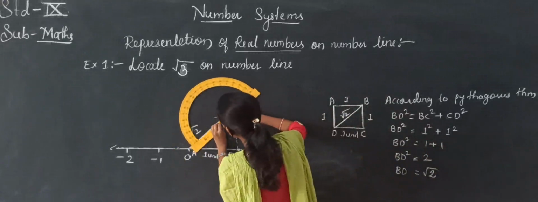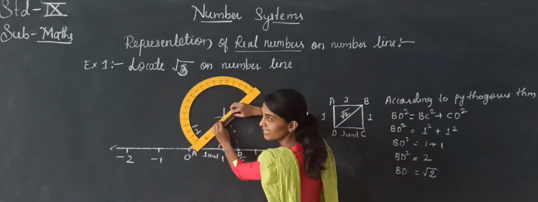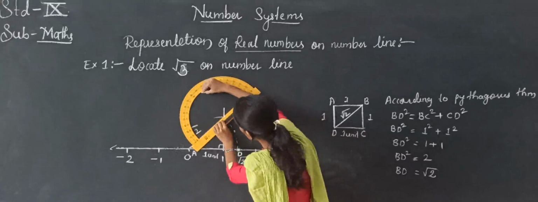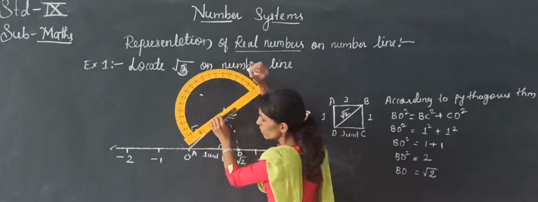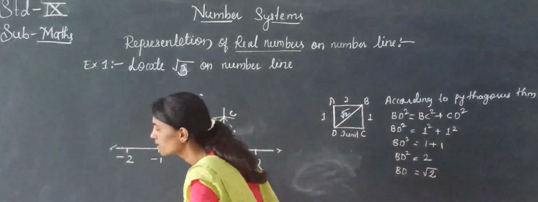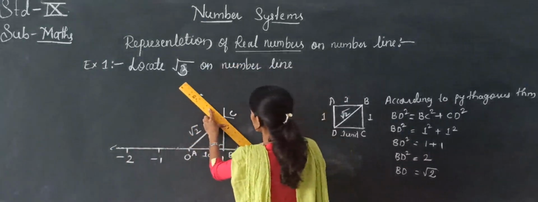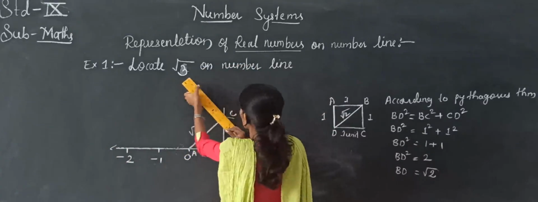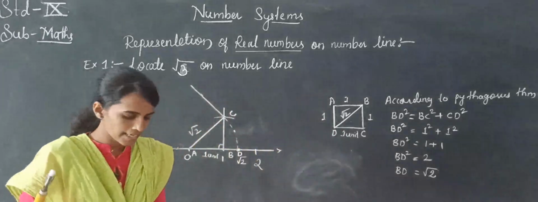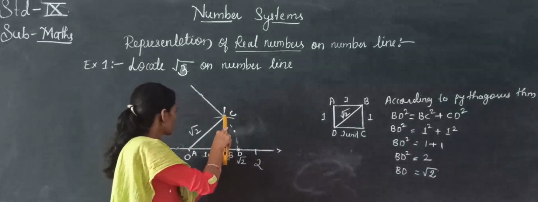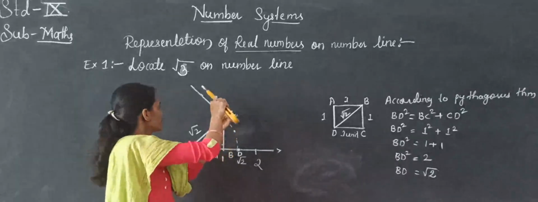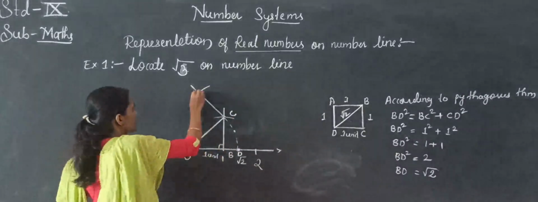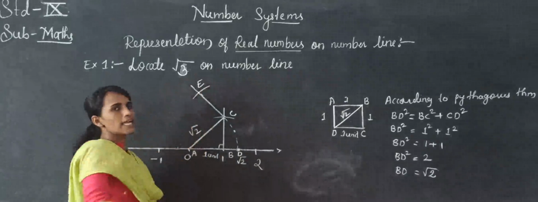Take C as a center point. From that, take exactly 90 degrees. So AD as a straight line, and from here you have to take a 90 degree. From there, join to C. Whatever the base is, from here to here, how much is it? 1 unit. So take C as a center and cut that arc, cut that line. Where you get the point, you can give any name there.